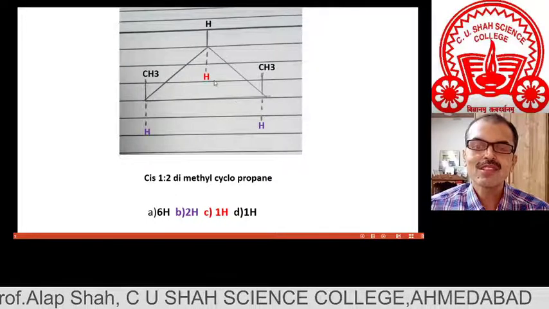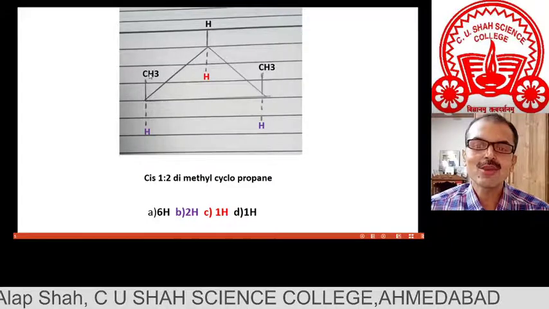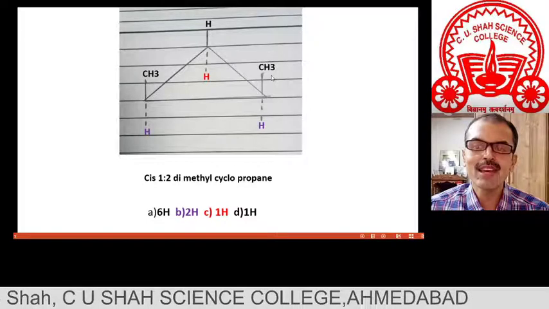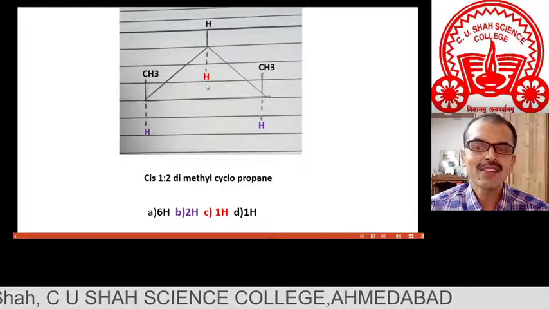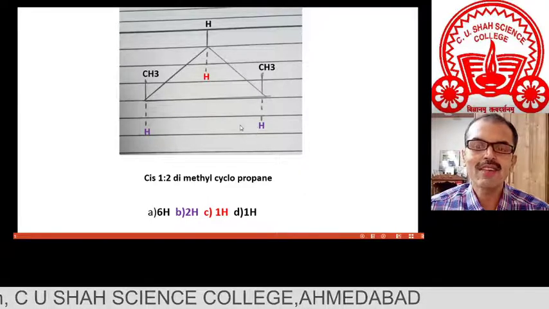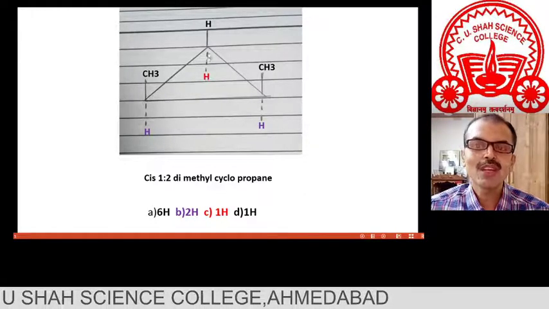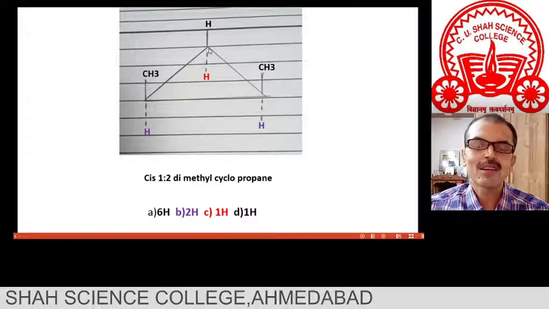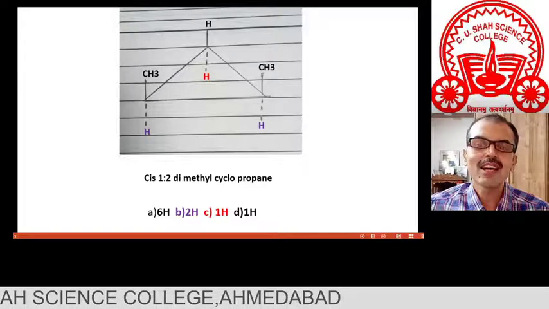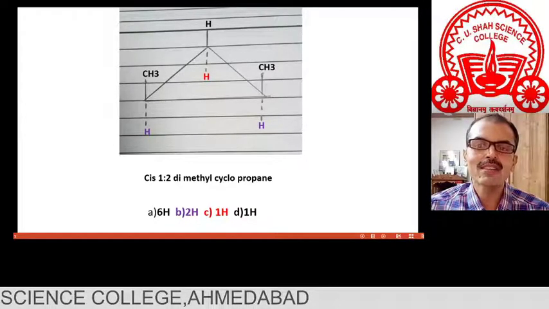So this is a very important point. Friends, you can see that the black one has two methyl groups in its surrounding environment, while the red one has two blue protons in its surrounding environment. As a result, black and red, though they are attached to the same carbon, do not have the same electronic environment. That's why they are non-equivalent, and they would give rise to separate NMR signals.